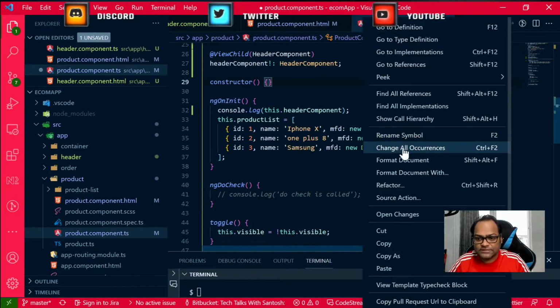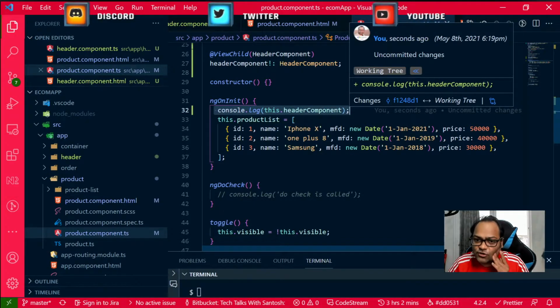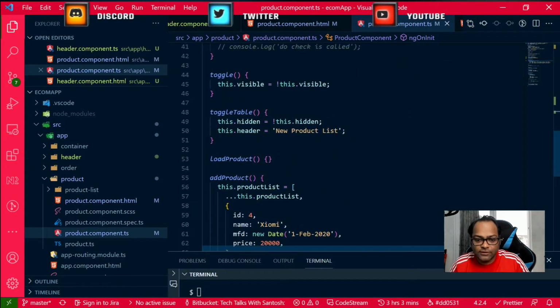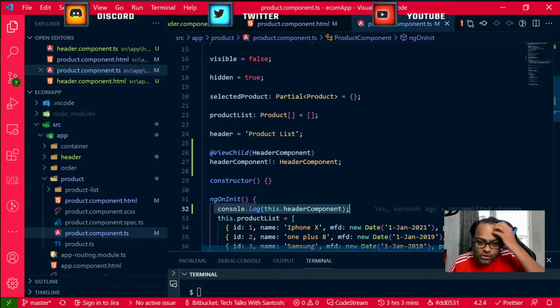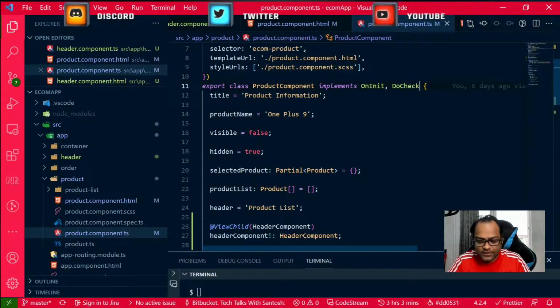So I don't have to pass anything here. But if you are sure that you want to access it inside ngOnInit and it's safe to use there, make it static true. Now let's go back and talk about ngAfterViewInit, right? So let's keep static false by default, and then let's implement